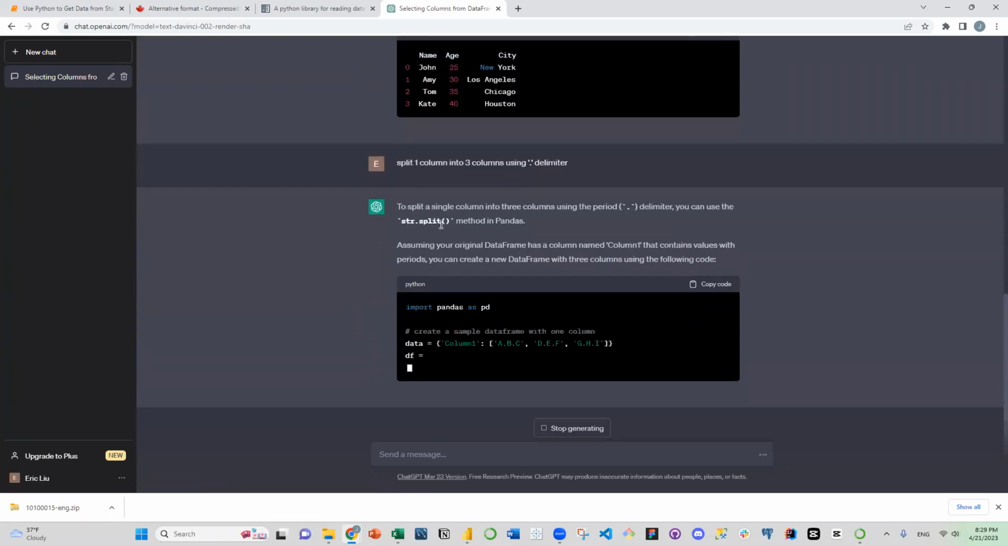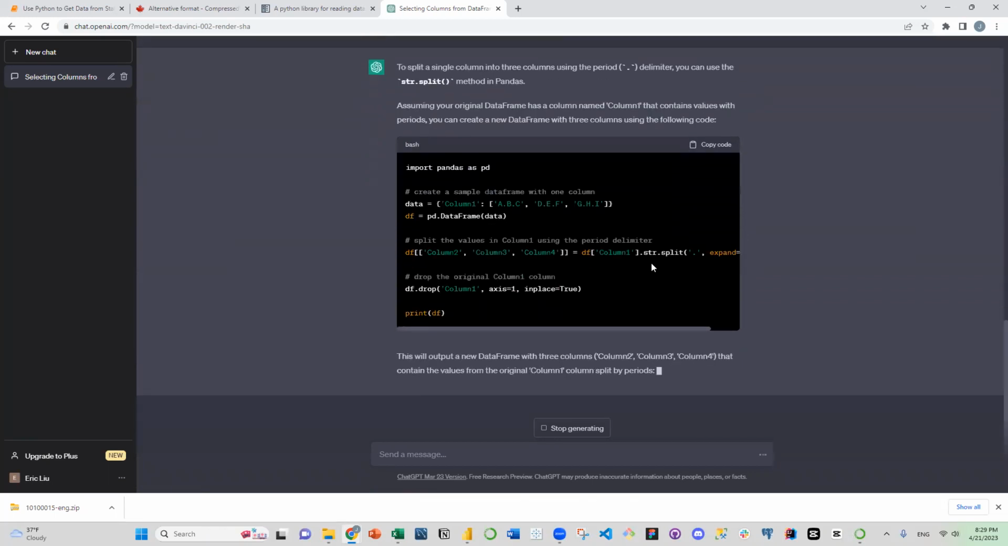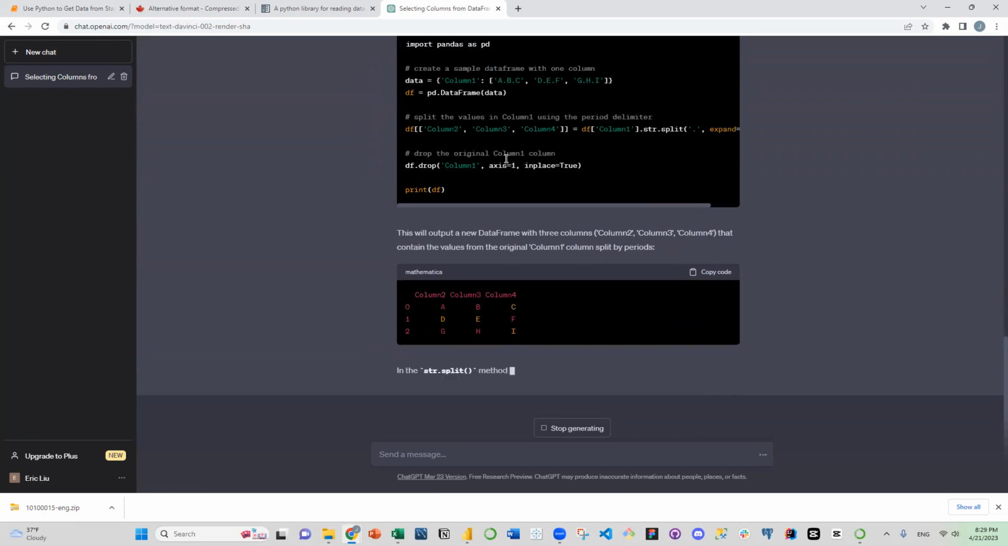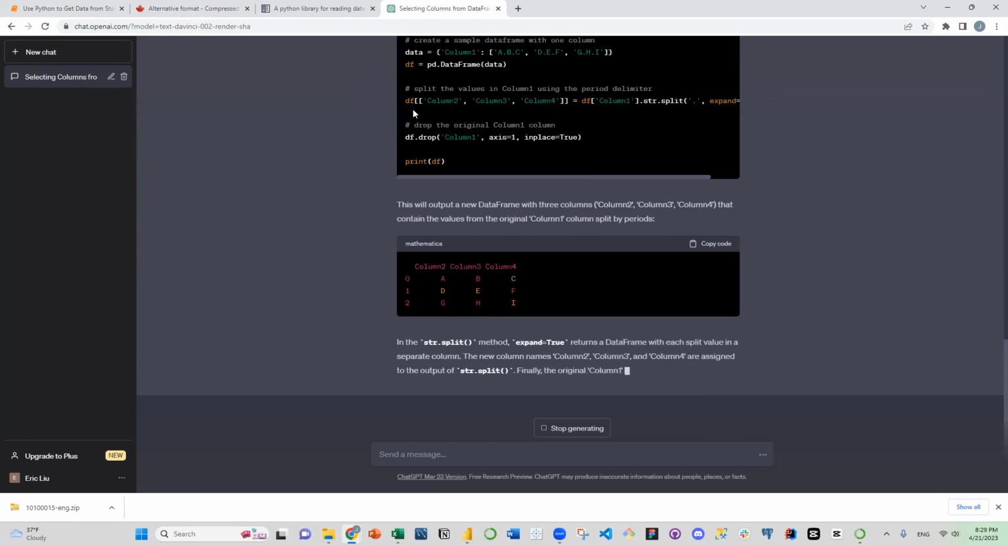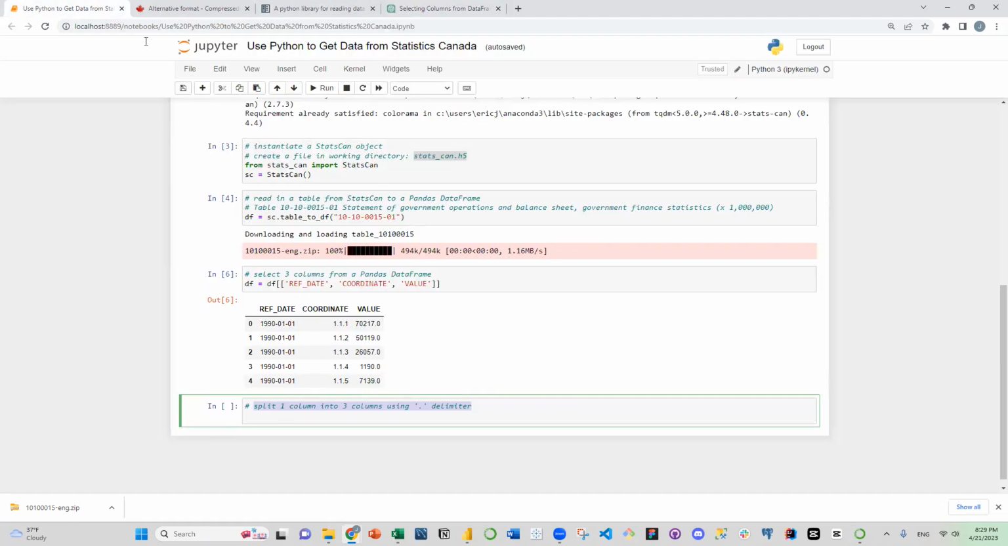So it's using string split. It's right here. Okay, good. So we can copy this back to Jupyter Notebook. So what we'll need to do, we are going to give the 3 new columns